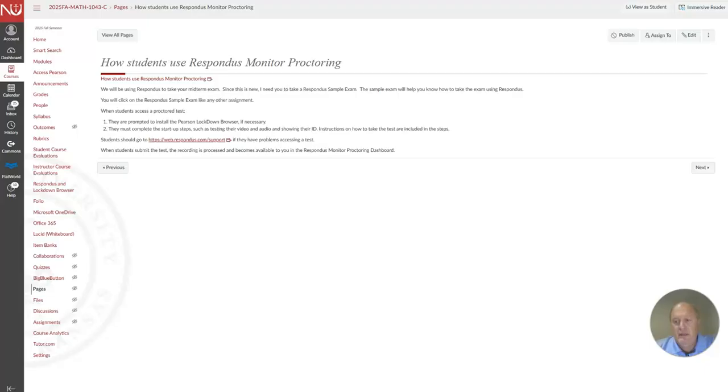Because if you can do this, and this works for you on your computers, then you can take the midterm and the final on Respondus. If not, we're going to have to figure out something else. There are other options. Probably the best option would be to take it at the Newman Testing Center, but we'll work through that. That's kind of what the intent of this assignment is, for us to understand how this proctor is going to work on your computer. Because the nice thing about taking it on Respondus is you can do it anytime, just like your other tests and quizzes, except this uses a lockdown browser.